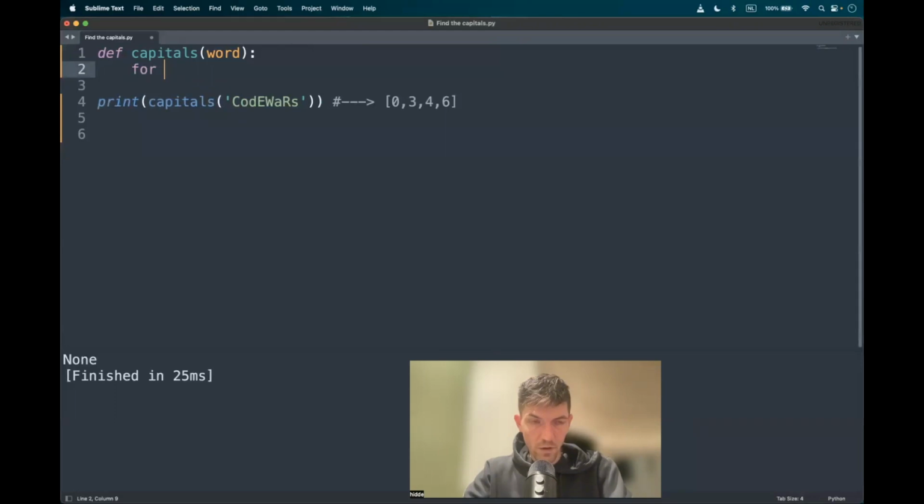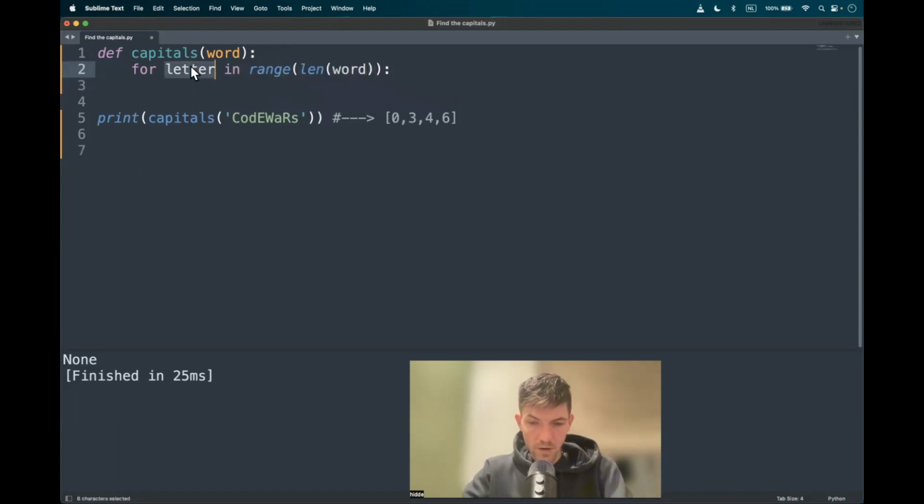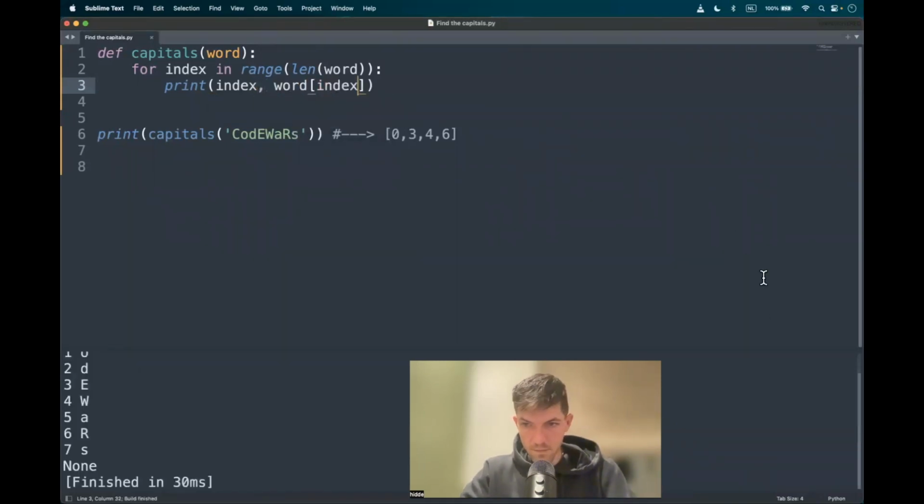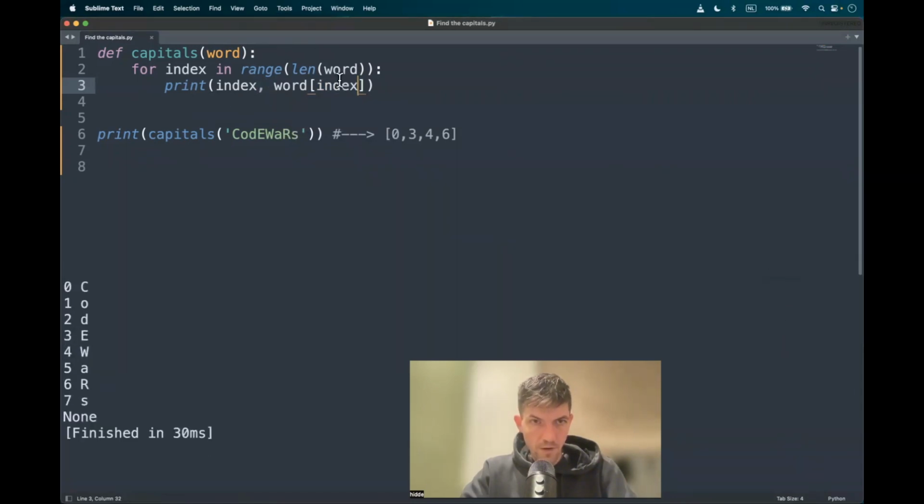So for letter in the range of the length of the word. Or let's rename this to index. That's what it is actually. So let's print the index and the corresponding letters. There we have them. And now we have to build in a condition to check whether a letter is capital